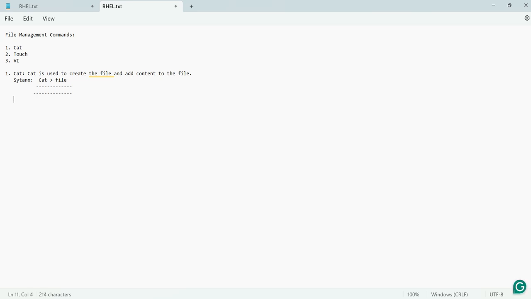There is a key combination to exit and save the file: Control plus D is to save and exit from the file. That is the syntax. So you have created the content with the cat command: cat greater than the name of the file, and add the content. To exit and to save the content, Control plus D. And to view the content,